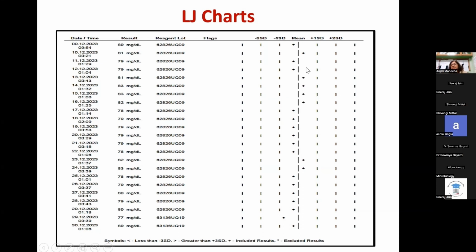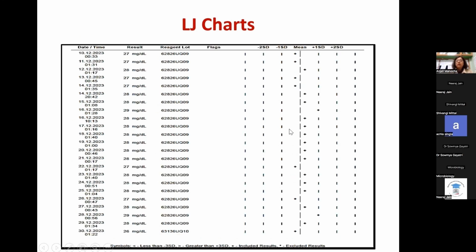So we find here that this is a very good one, very close to the mean, where the variation is equal, sometimes on the left, sometimes on the right, plus minus happening at regular intervals. Here it has been one control run daily, and the control is doing very well. It is very stable. This is an LJ chart where the analyte is performing well. Now we come to another LJ chart, which is also quite all right, because there is a variation on both sides and it's close to the mean.